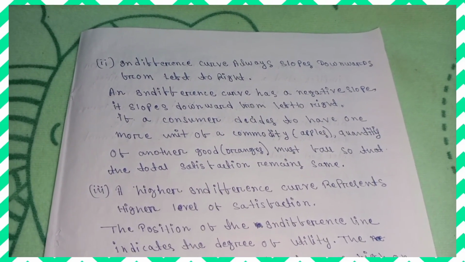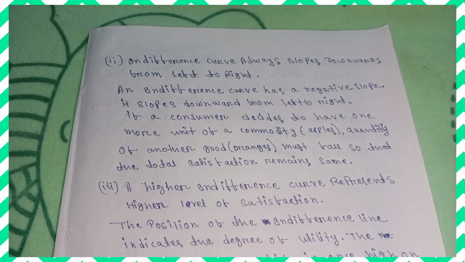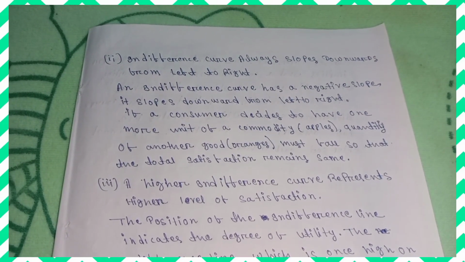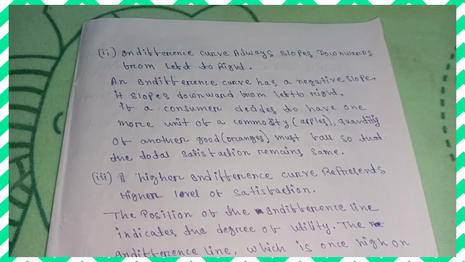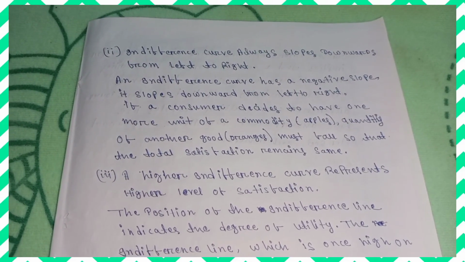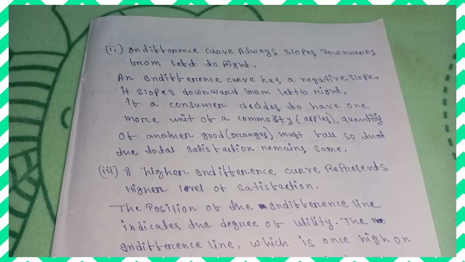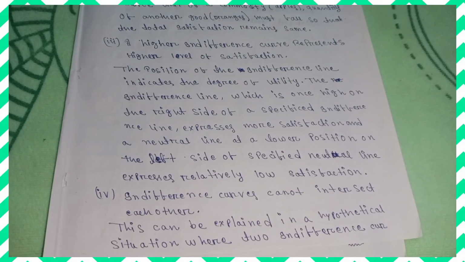दूसरा characteristics, indifference curve always slopes downwards from left to right, and indifference curve has a negative slope. It slopes downward from left to right. If a consumer decides to have one more unit of a commodity, apples, the quantity of another good, orange, must fall so that the total satisfaction remains same।